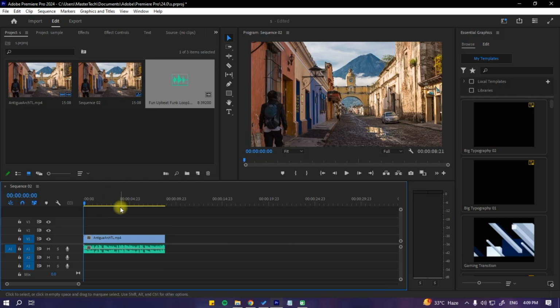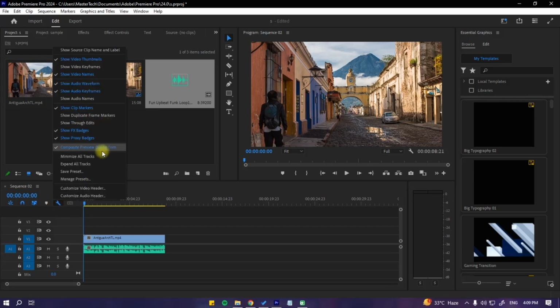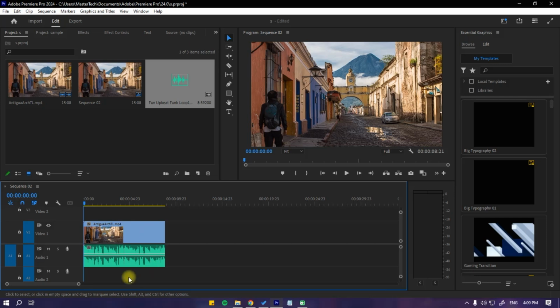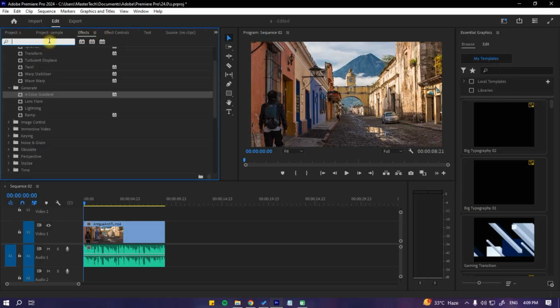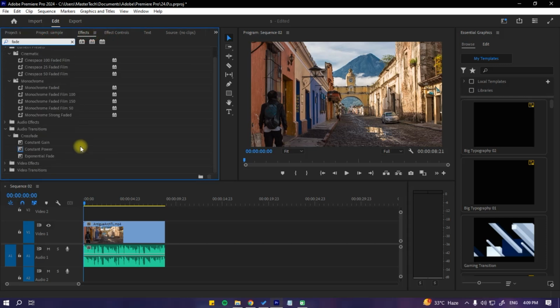The next thing we're going to do is to expand the track. Just click on this wrench icon and click on expand all tracks so we can see more clearly our audio sound waves. Now we can go to effects and search for fade, and under audio transitions we see an